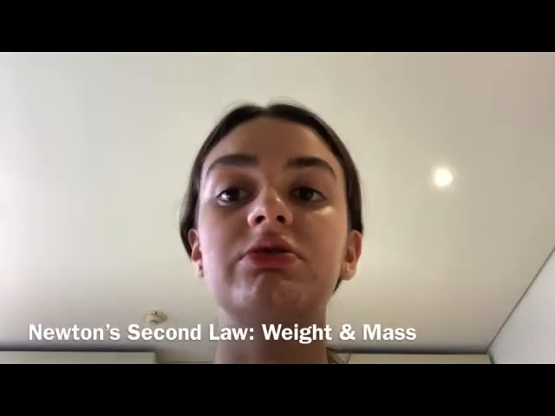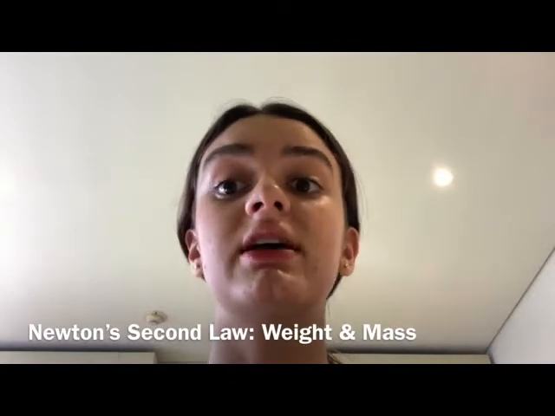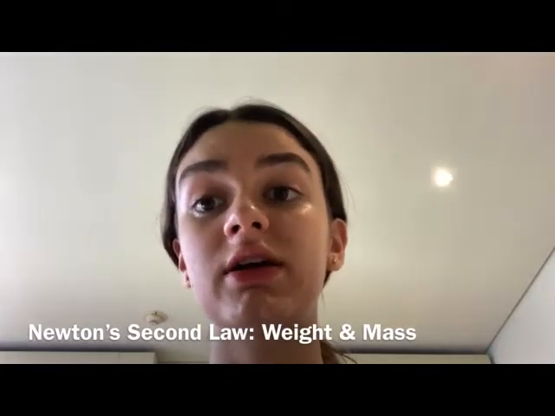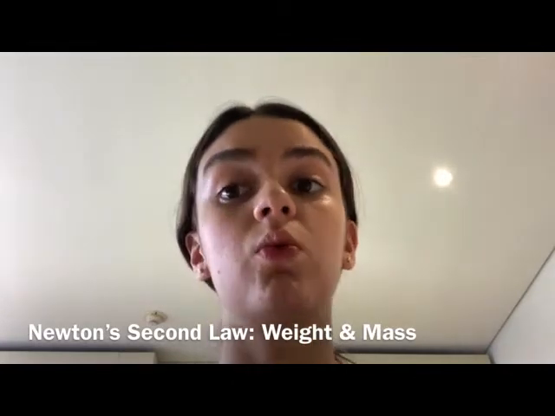Hello everyone, so today I will talk about Newton's second law of motion and how it explains the difference between weight and mass. As you may already know, Newton's second law of motion just states that force equals mass multiplied by acceleration, which simply means that if we apply more force to an object, it will accelerate at a higher